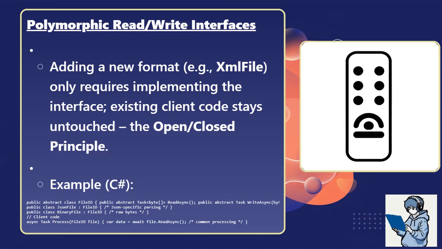Example in C#: public abstract class FileIO { public abstract Task<byte[]> ReadAsync(); public abstract Task WriteAsync(byte[] data); } public class JsonFile : FileIO { // JSON specific parsing } public class BinaryFile : FileIO { // raw bytes }. Client code: async Task Process(FileIO file) { var data = await file.ReadAsync(); // common processing }